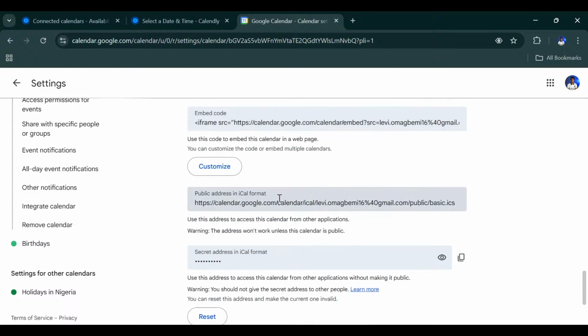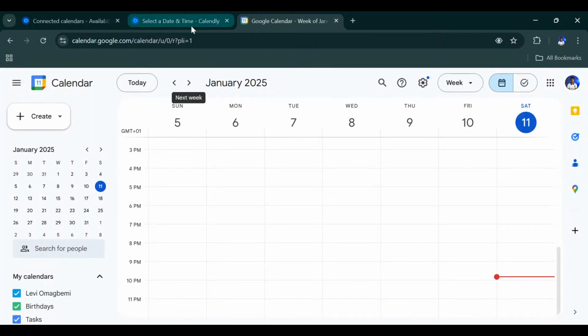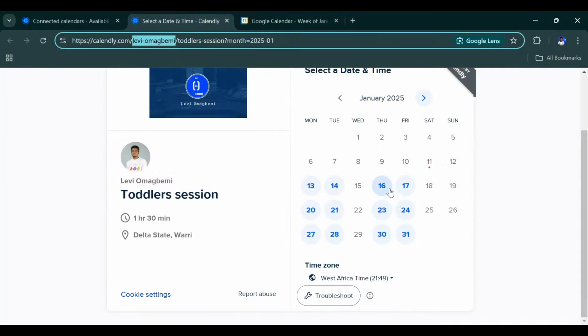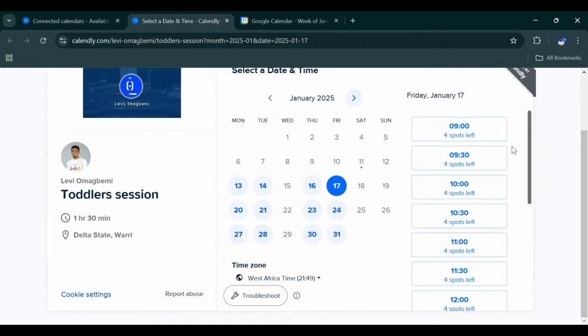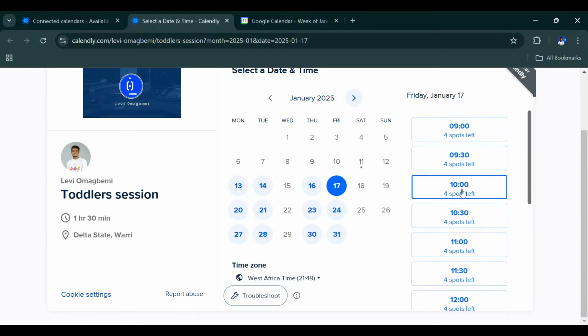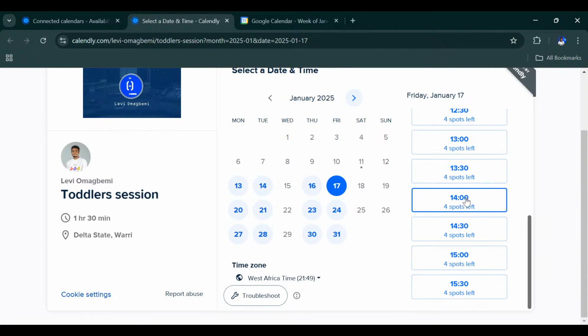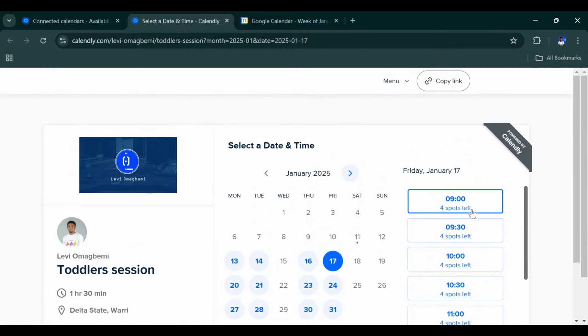After doing those settings, I'm just going to come back, and now let's try to book. So I'm going to book for 17. So just click, and so we have 4 spots left. So it's showing the number of spots we have left, and we actually did that in the settings. If you remember, we clicked a checkbox. So I'm just going to click,